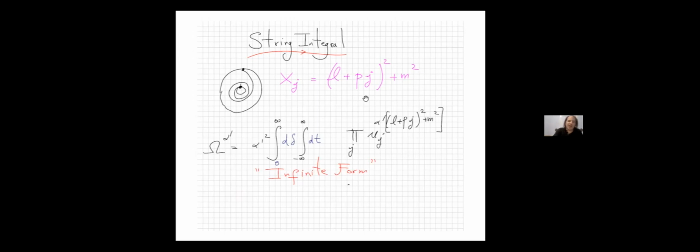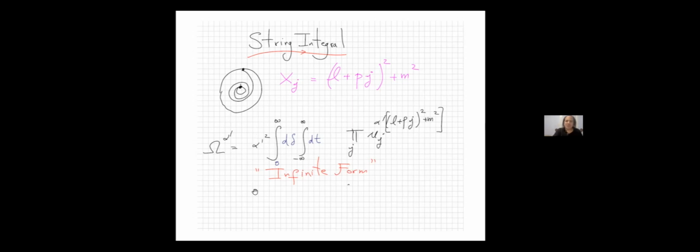And so if I write down the stringy canonical form, here it is. Okay, now remember the integral over the measure is now d delta dt. Delta goes from 0 to infinity, t from minus infinity to infinity. And then I have a product over j, u_j to the alpha prime x_j. Oh, sorry, I should have written down maybe a u_delta to the x_delta. I forgot to write that down. There's also a u_delta to the x_delta here.